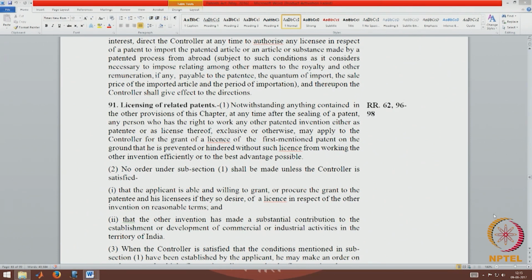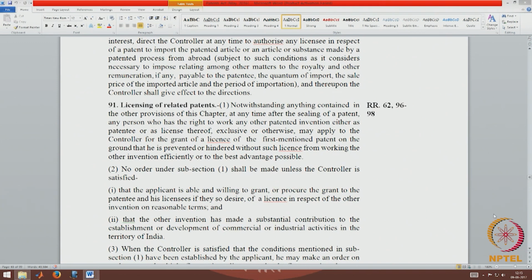So, the requirement under 91 is that you should have some right to work a patented invention either on your own as the patentee or as a licensee, exclusive or otherwise. So, it covers both exclusive and non-exclusive licenses,